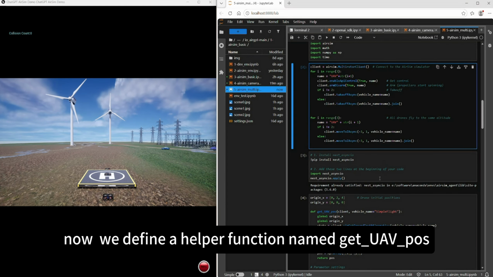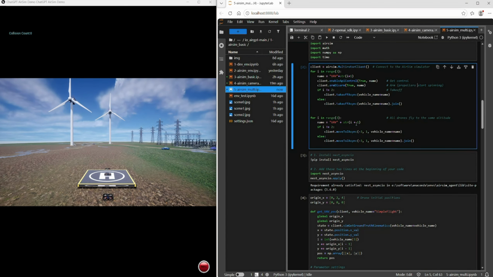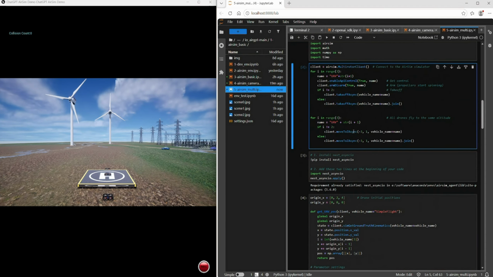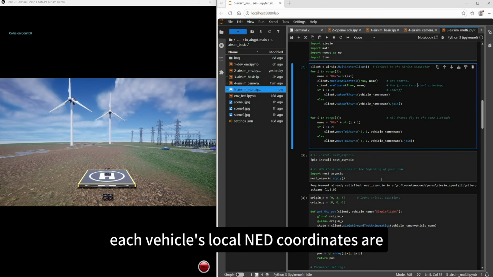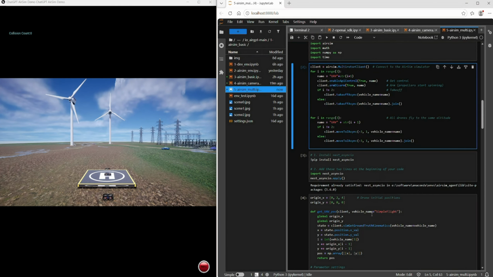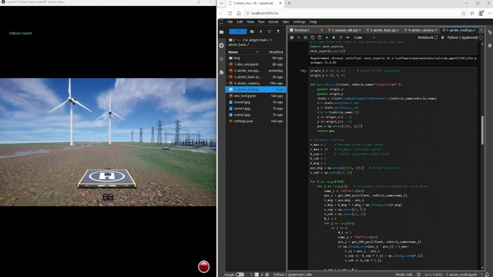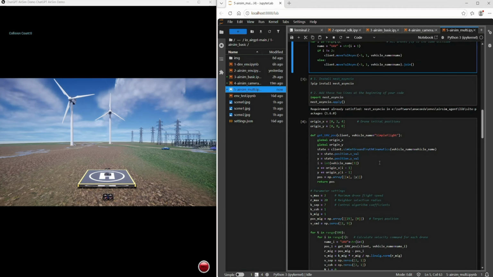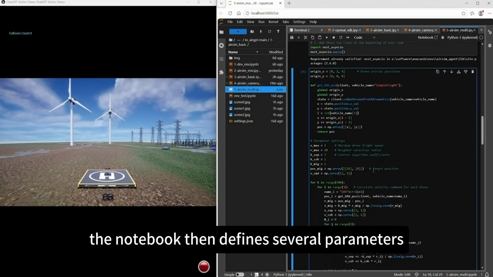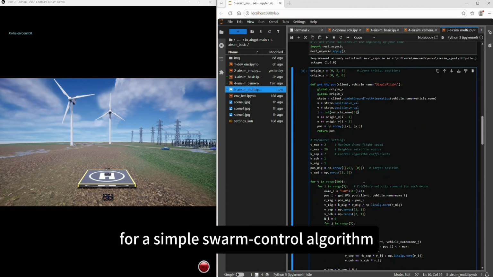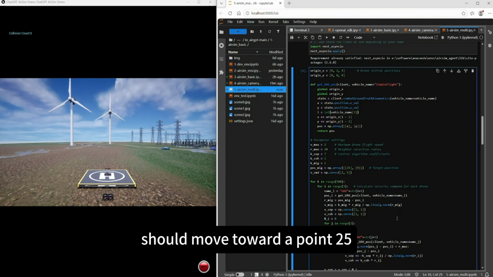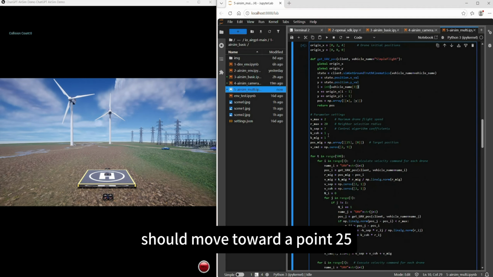Now we define a helper function named getUAVPose. Each vehicle's local NED coordinates are measured relative to its own starting position. The notebook then defines several parameters for a simple swarm control algorithm. These codes mean that the swarm should move toward a point 25